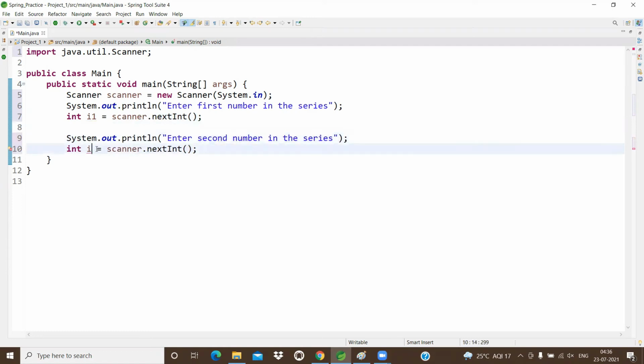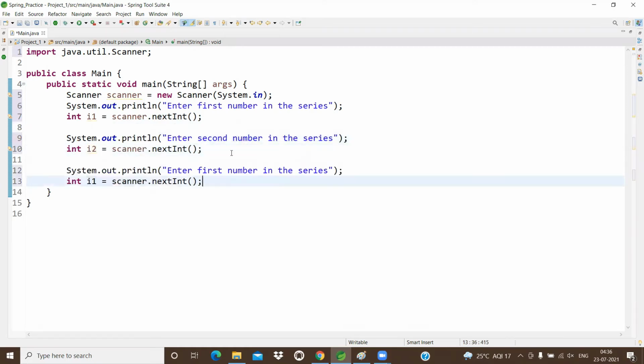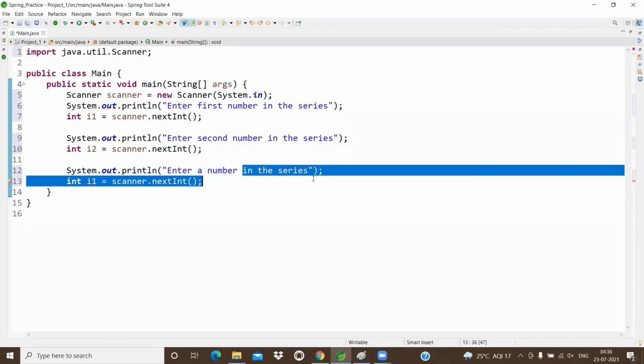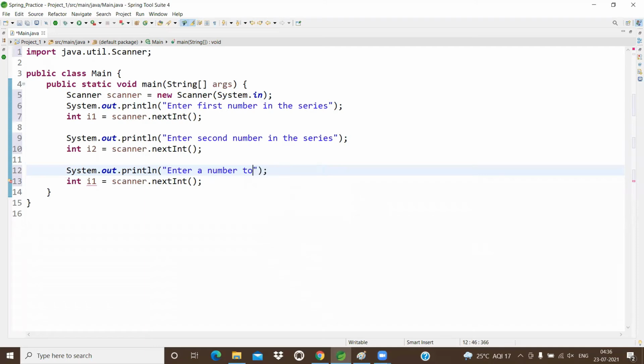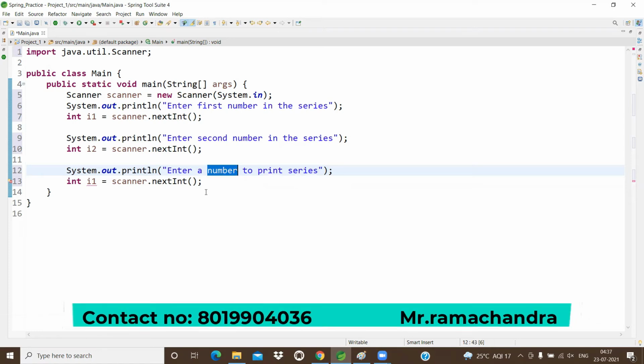Now I'm going to store that second number in i2. Then, enter a number to print the series. That means how many numbers do you want to print in the series? That is the number we have to enter here. Let me take this as i3.